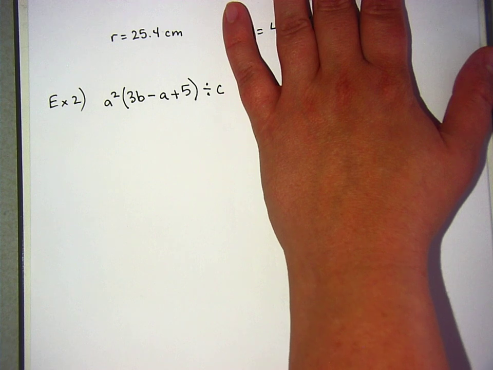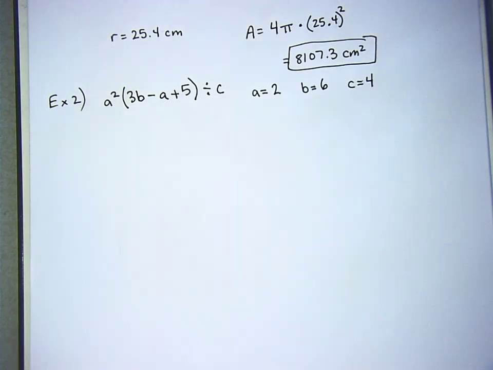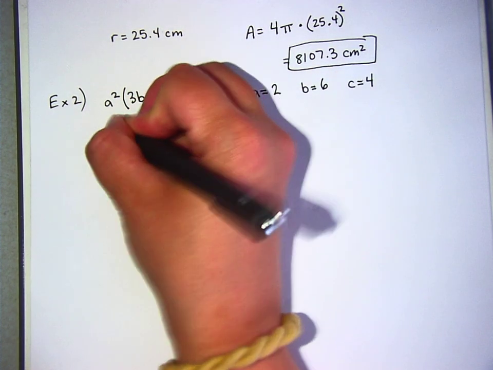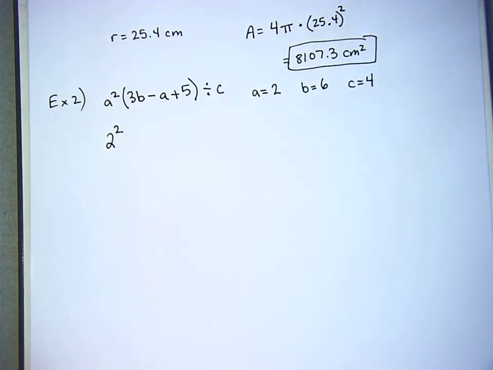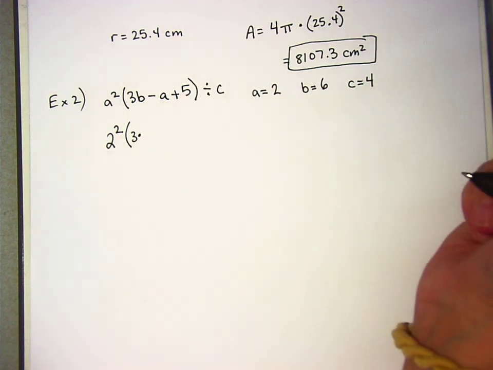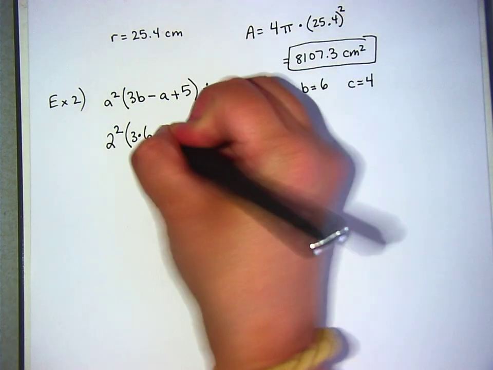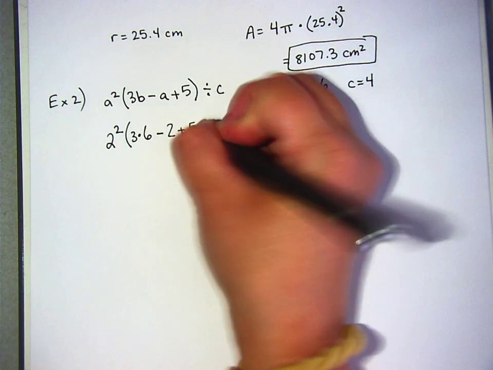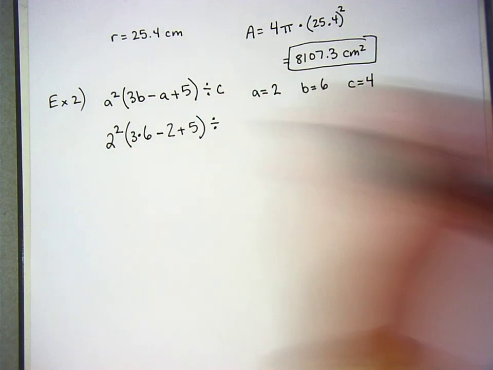I'm going to give you these 3 numbers, and I'm going to do this one with you, and the second one will be a contest to come up here and get prizes. Sound good? All right, so this one I'm doing with you. A is 2, B is 6, C is 4. Stay with me now. I'm going to plug in 2 squared. 3 times what? 6 minus 2 plus 5 divided by